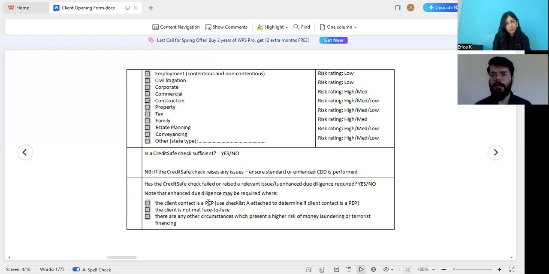Now, again, it all boils down to money laundering and identification of the client, because you've got two things that you need to look out for before you even start the process of conveyancing, which has its own risk associated with it. Number one, is the client identifiable? Number two, is the source of funds identifiable, and does it make sense? Once you've done that, you can move on to opening the file and doing your other due diligence.